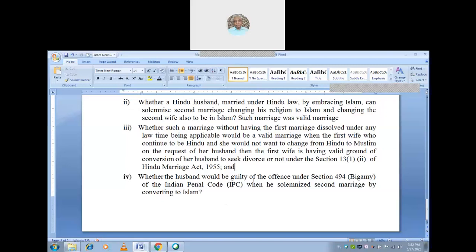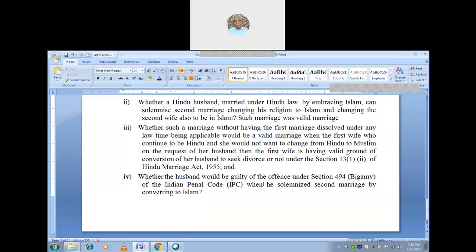Yes, so here they say definitely that from the appellant side or petitioner side, if the husband goes for the second marriage, then he has committed bigamy because the first marriage is not dissolved, number one. Number two, the first wife is alive. So that is the argument that we can make in the fourth issue. So now the question comes: on behalf of whom are you making the memorials, means writing the memorials, or on behalf of whom are you defending? Depending upon that nature, the issues will change.